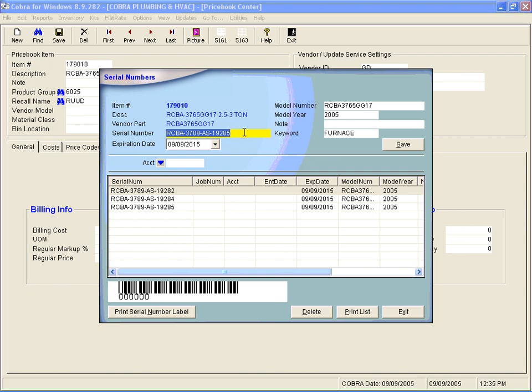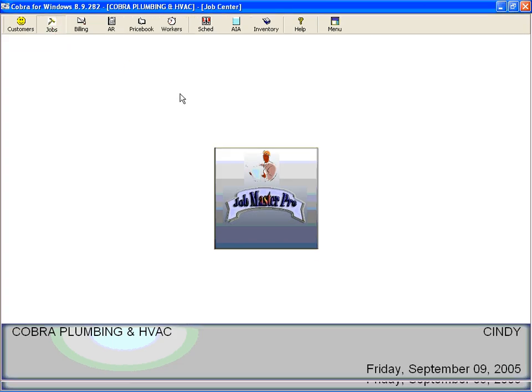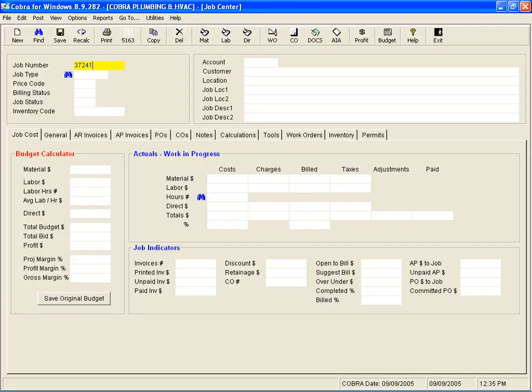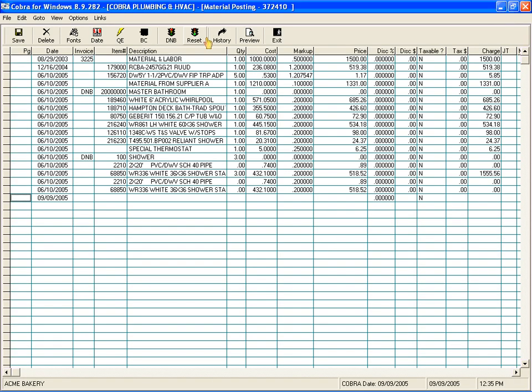So now that I have my serial numbers built in here for this item, I'm going to show you what will happen when I use this item on a job. So what I'm going to do is I'm just going to grab this item number so I don't have to remember it by right-clicking on it and clicking copy. And when I go to a job, and I'm in the material posting screen, what I can do is bring up that item number,